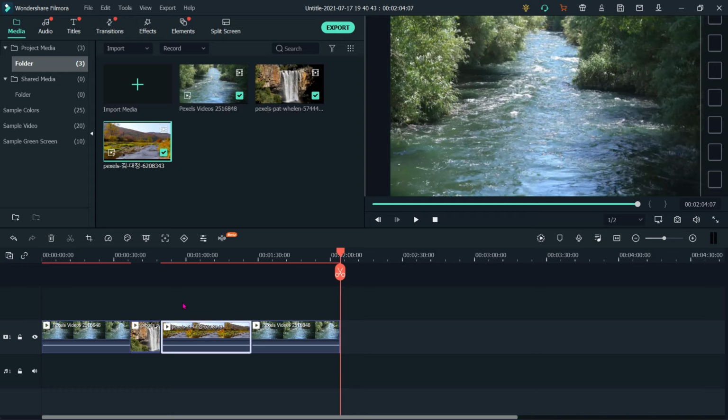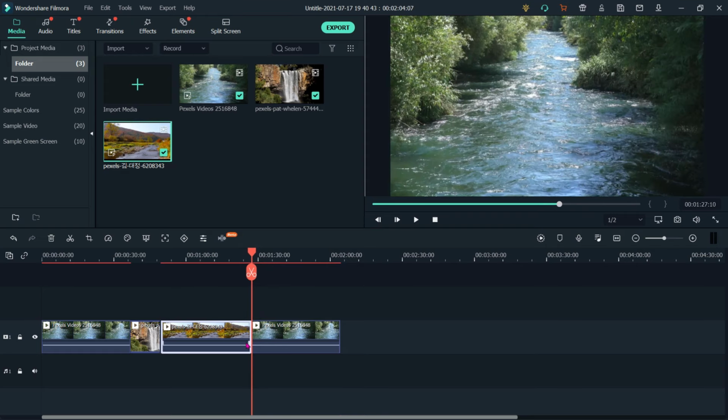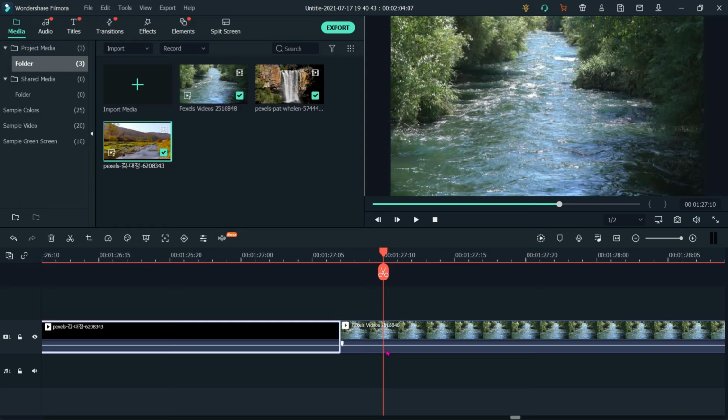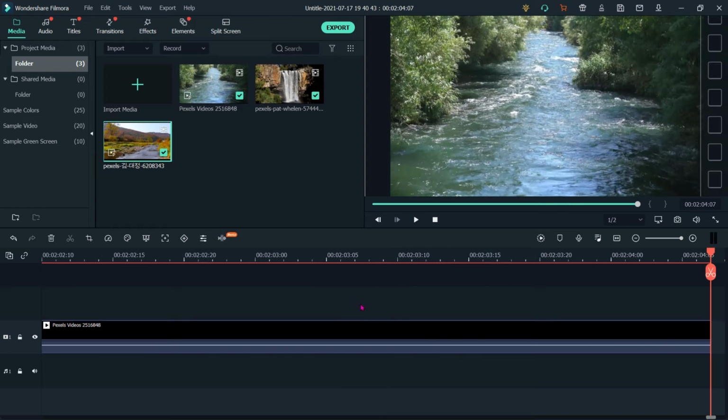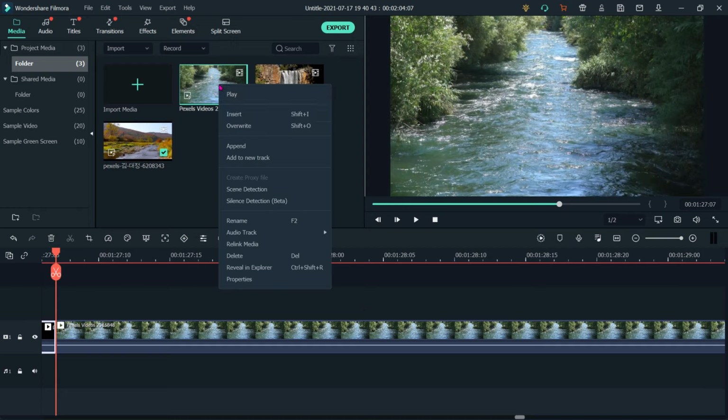So just remember: up arrow, down arrow, home key, end key, and we can insert just at the cursor. Or we can manually go to here, but maybe there will be some issue, as you can see. So it's better to use the up arrow or down arrow. It will position the cursor exactly at the end or starting, and then we can select and insert.